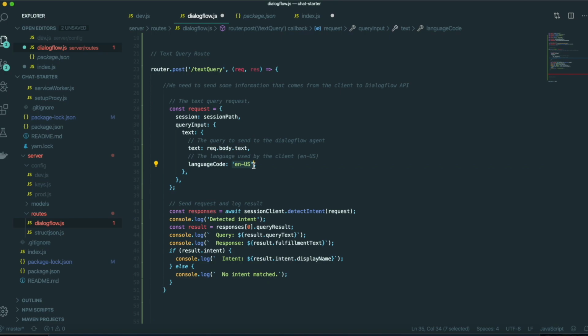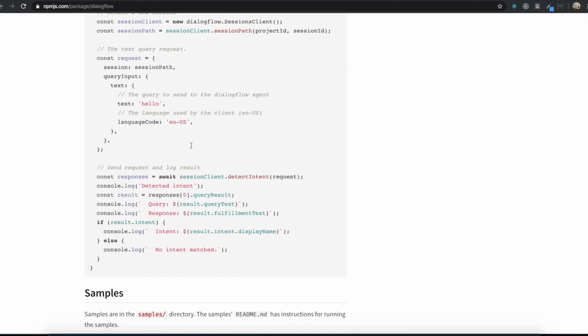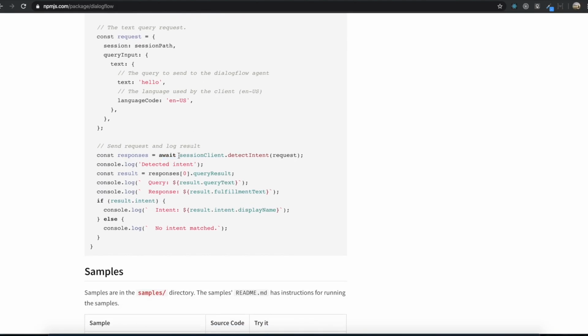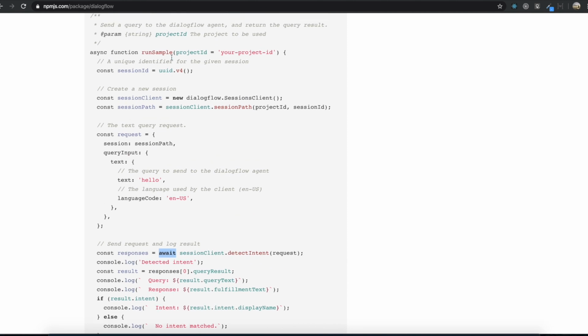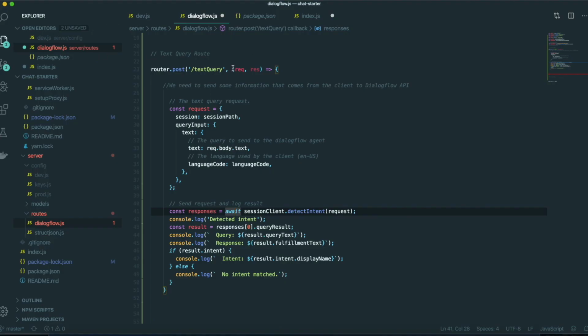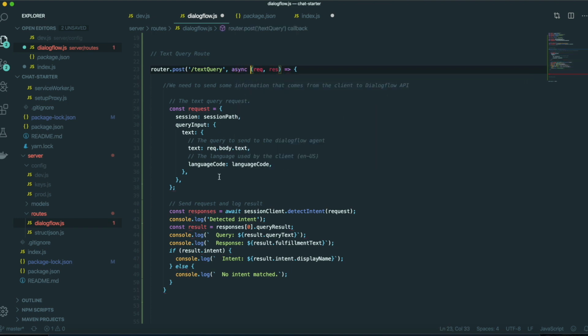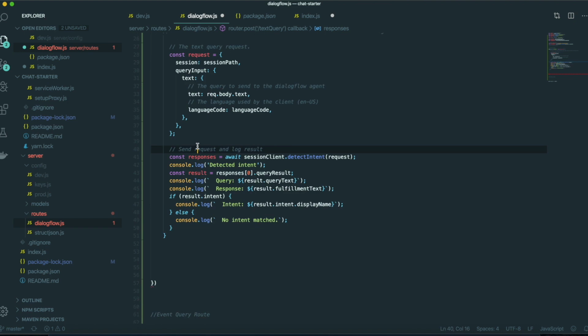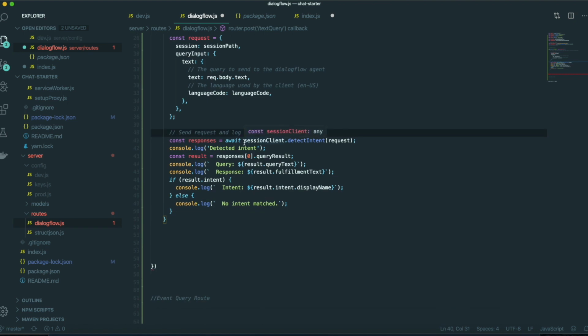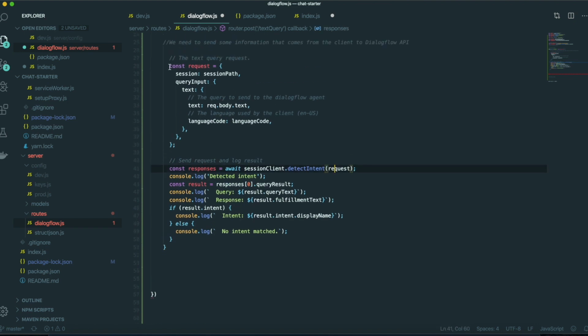So like this, and in here we are using await. Await needs async, so we put async in here like this, so we can use the await in here. So by using this one, we put all of the requests, like the text that we type